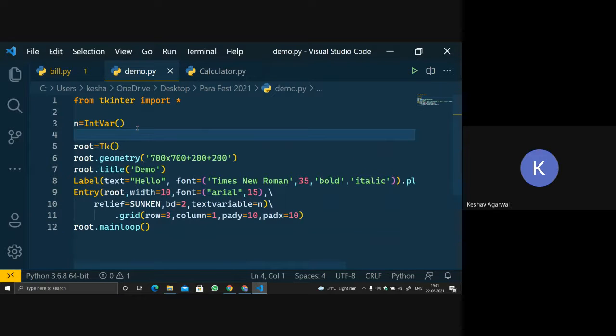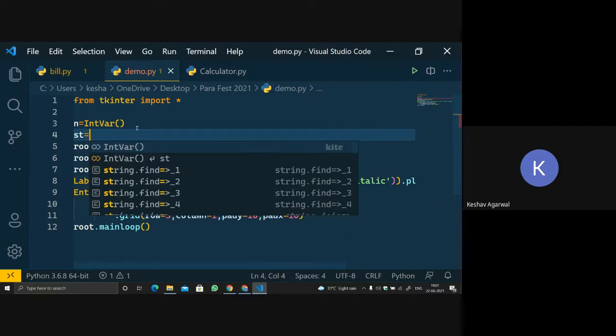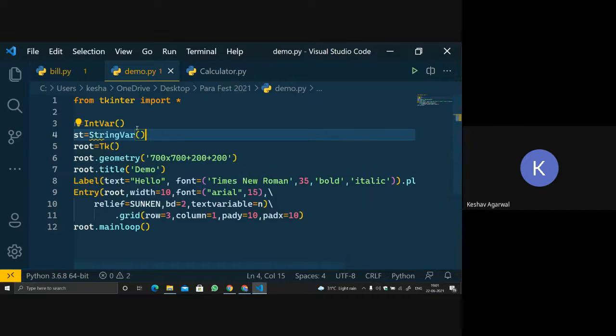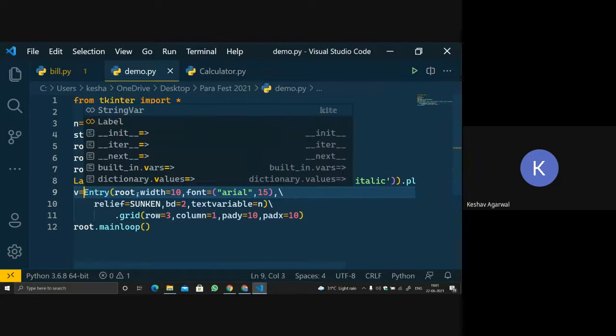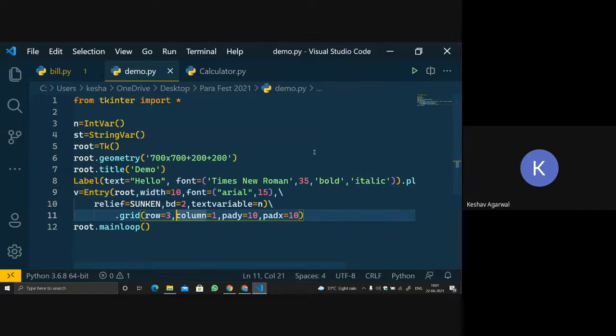Similarly, let's say I want a string. Let st be the string, and then we will use string var. So this implies that st is a string, while n will save numbers. Okay, so now this is the entry, and when we want to use entry, let's say v is equal to entry. Now let's run the code.